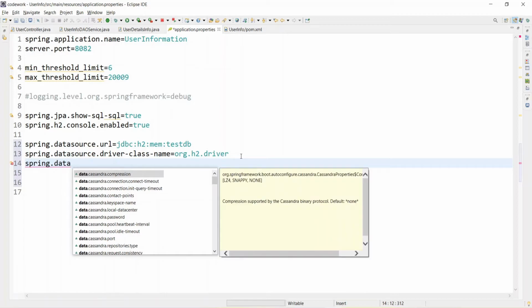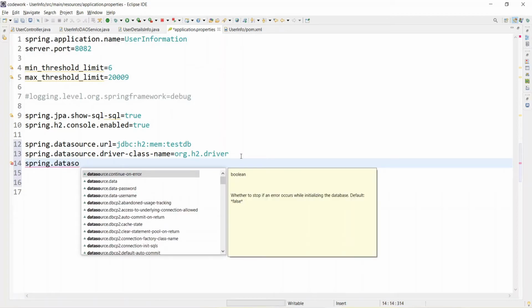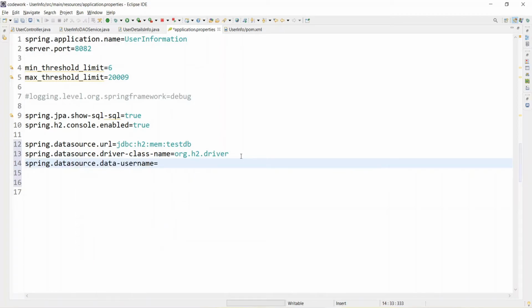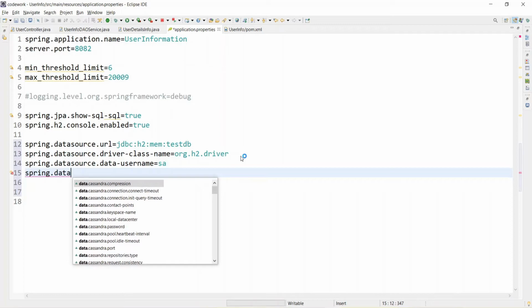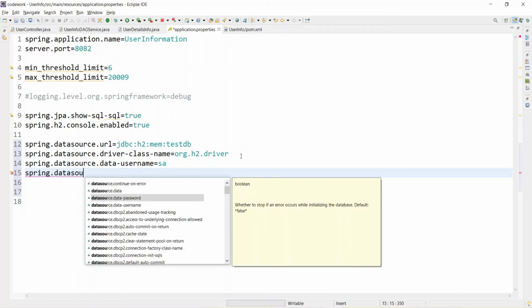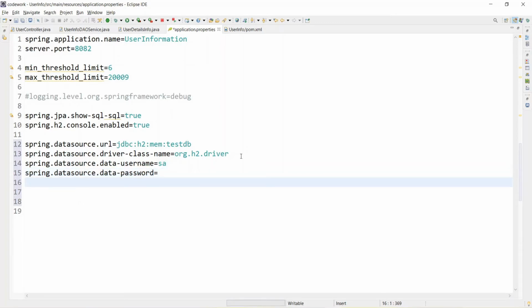Suppose you want to change the username and password, you configure it over here: spring.datasource.username is SA, and spring.datasource.password, leave the password blank for now.